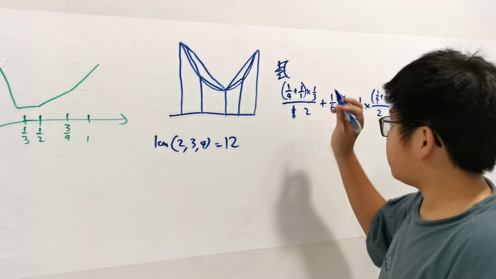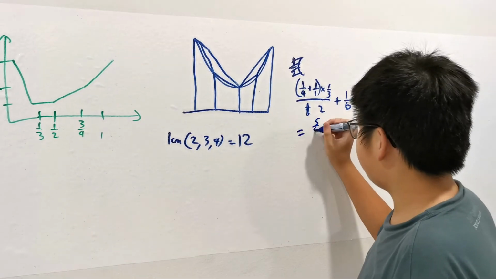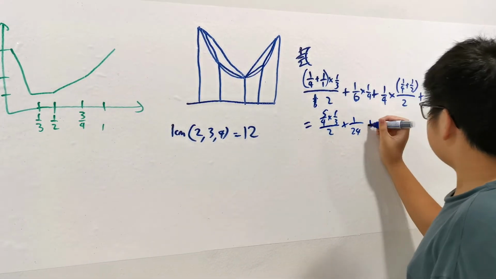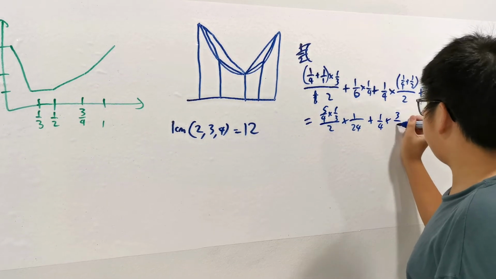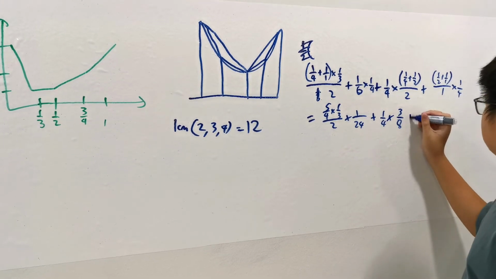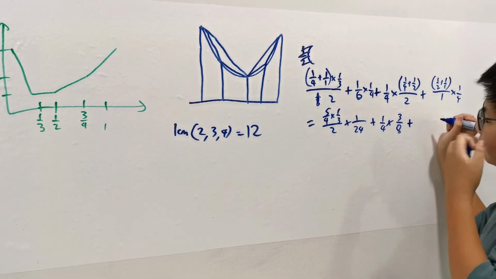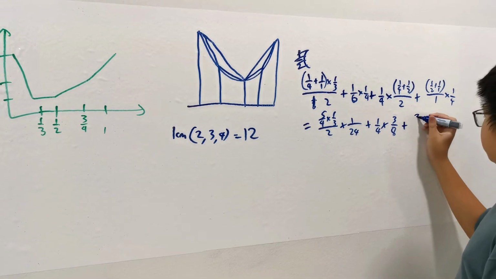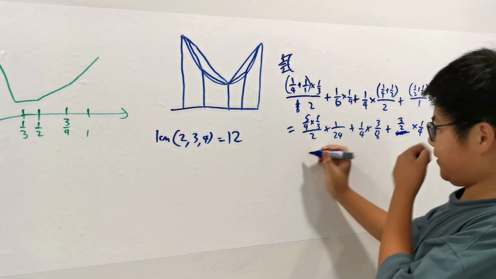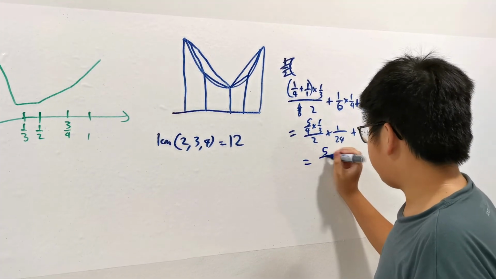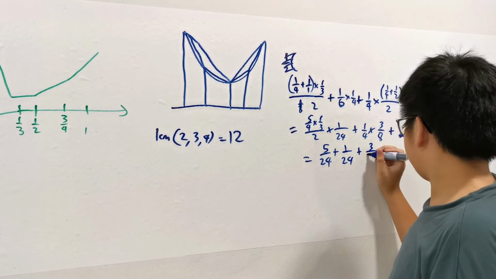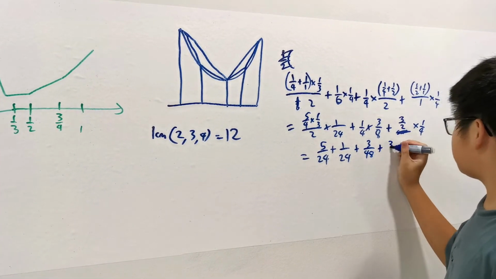Interesting, right? So now we'll calculate. So it's 5/4 times 1/3/2 plus 1/24 plus 1/4 plus 3/8 plus half times 1/1 is 3/2/1, so it's just times 1/4 equals 2. Then we have 5/24 plus 1/24 plus 3/48 plus